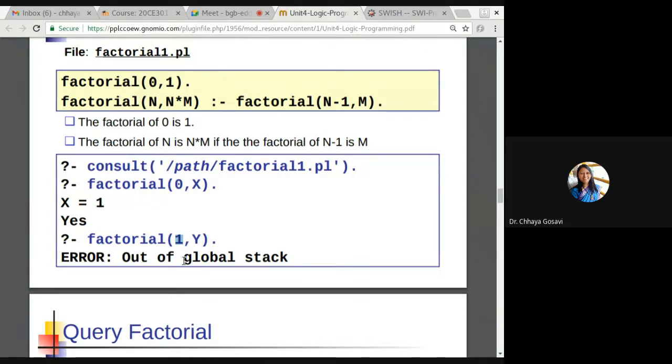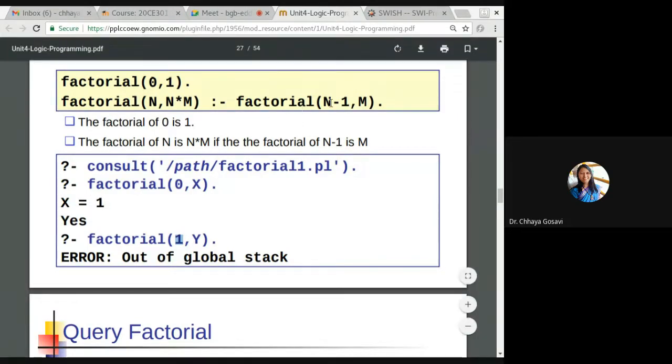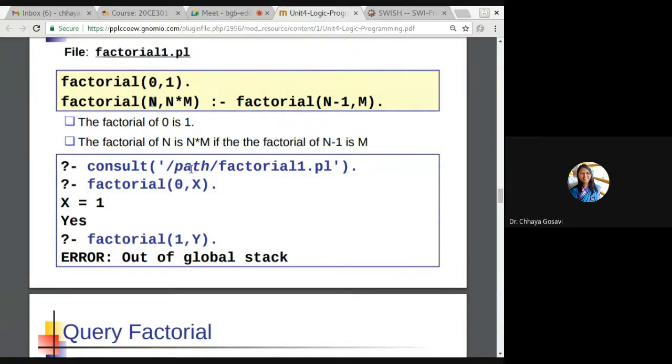But Prolog is not able to do this because Prolog will not understand that it has to call factorial with the new term N minus 1. Suppose I have given factorial of 3. Then it should call factorial of 2, that is, N minus 1, 3 minus 1. So the value of N is 3, minus 1, and it should call again with 2. So N should be replaced by N minus 1. Prolog has this problem: it cannot replace these terms directly and cannot do the mathematical operations directly.